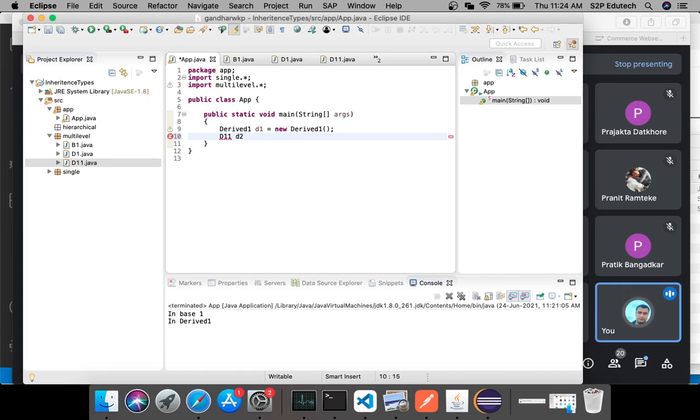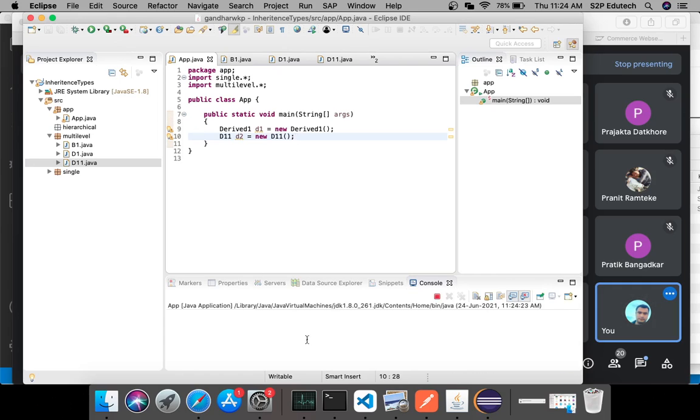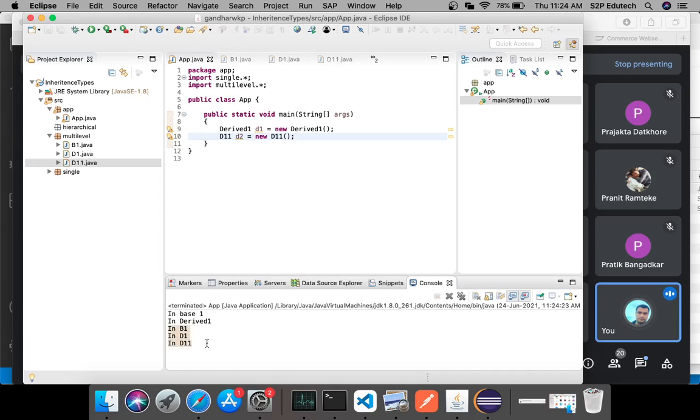So I will say D2 equals new D11. So what should it print? It should print in B1, then in D1 and then in D11. That is what it should print. So we got in B1, in D1 and in D11. Right? That's what we got.